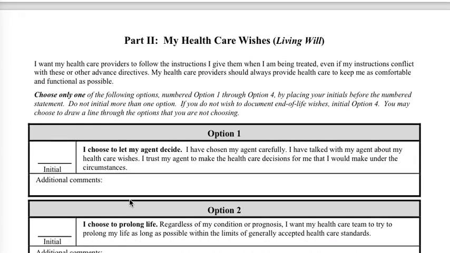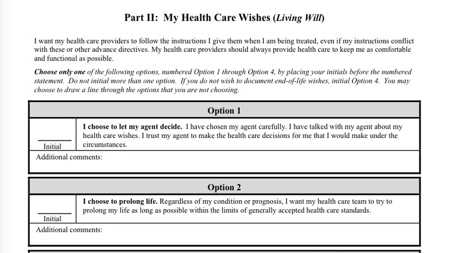Part 2 of this form is called the living will component. It allows you to state your healthcare preferences in writing. Once again, I normally recommend leaving all decisions to the agent as stated in option 1. That being said, some people may not want to appoint an agent, simply wish to record their wishes in writing. Many healthcare facilities will take such wishes into consideration, but ultimately defer to a designated or court-appointed agent or family